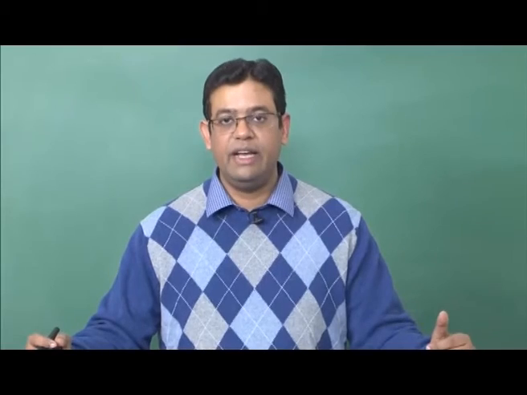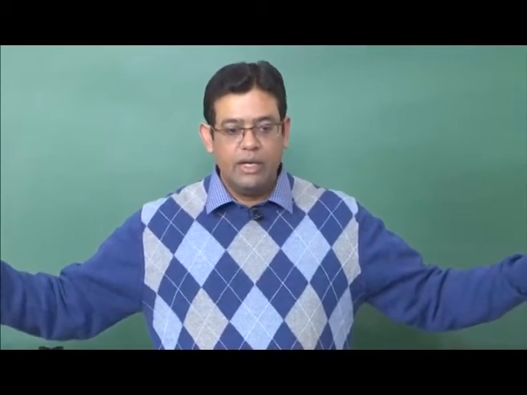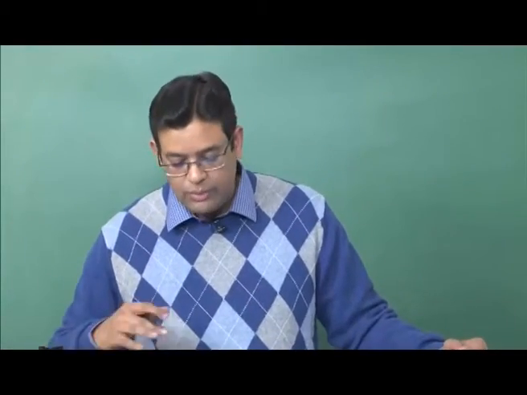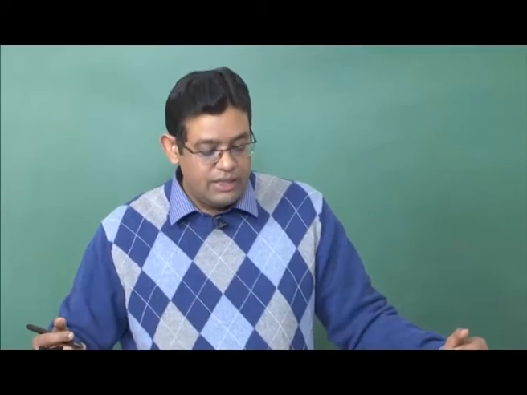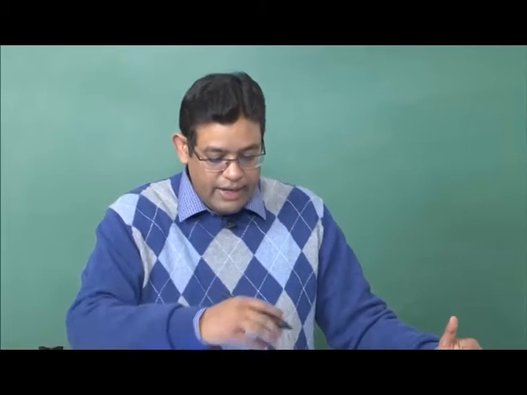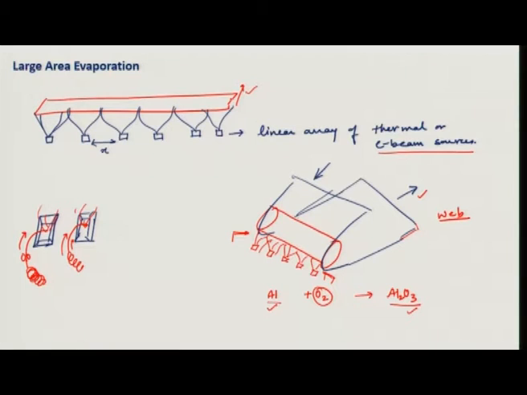So, we have solved our problem of large area deposition, and these systems are available in a web width of say 1.5 to 2 meters, which is something like this web width. You can have roll to roll deposition on the plastic sheets. Okay. Or if you have a rigid substrate like glass, then you can have about 10 feet by 10 feet glass substrates, which are moving in one direction, and where these are being deposited. Okay. So, all these systems are available in the market for deposition.